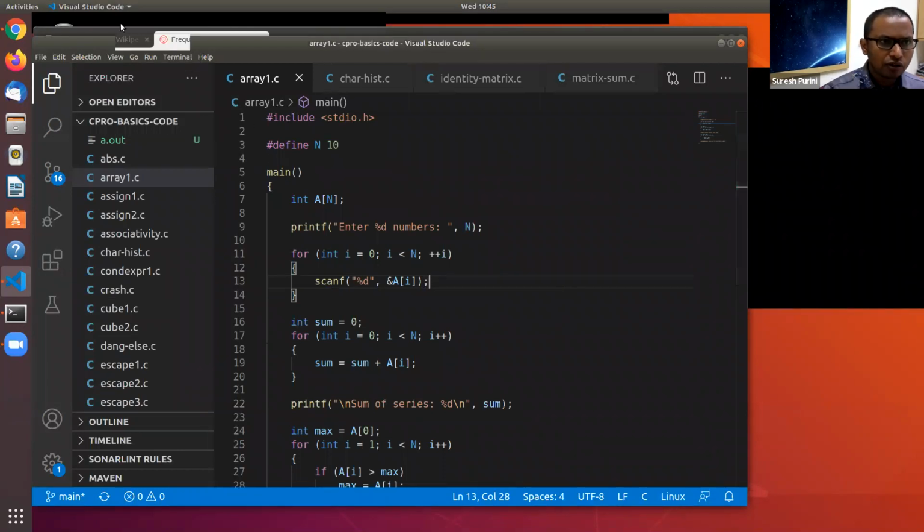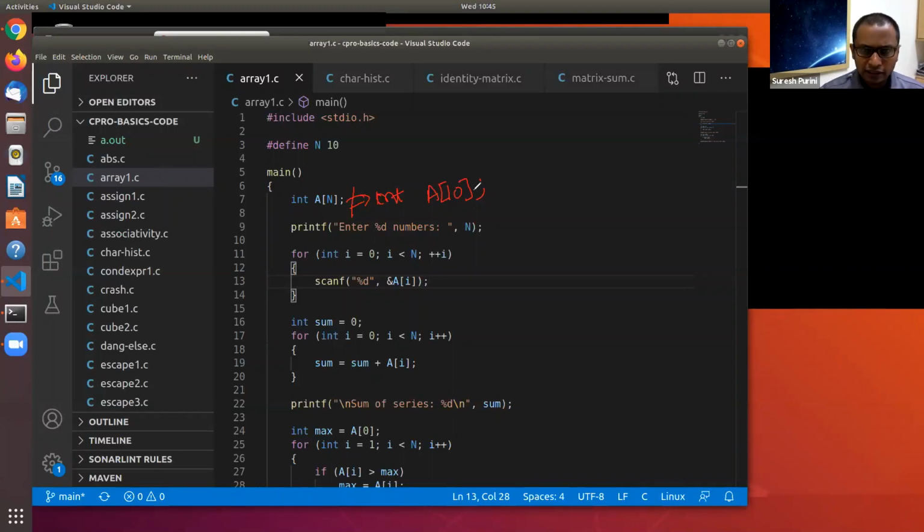And I want you to appreciate the fact that n is a macro. So technically this statement is equivalent to int a of 10, because by the time this statement goes to the compiler, the C preprocessor will replace n with 10, and the statement that actually goes to the compiler is int a of 10.